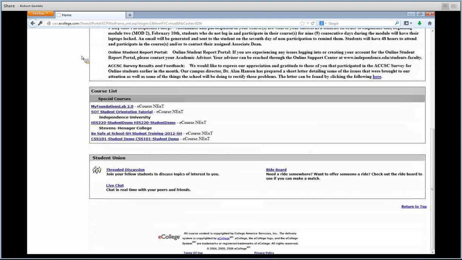So what you need to do is scroll down. You'll see this special courses. You'll actually ignore that on your end. And you'll go to CSS 101, which will be under a second or third gray heading that says mod, and then it will say CSS 101 for most of you. Some of you, that may not be your first class, but it will be under the mod section. So you'll always go to mod, then that class, and that will be your main class that will have points. The special courses are just refresher courses, or courses to remind you of things that you can do on your own time that don't count for or against your grade. So we're going to click on CSS 101,